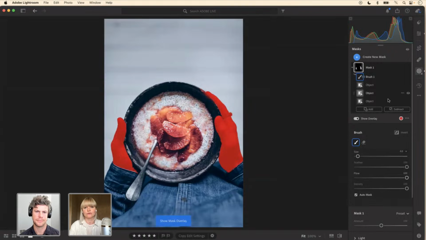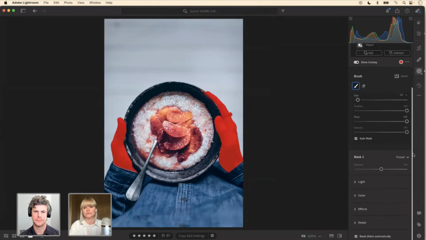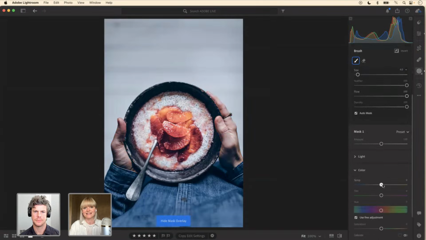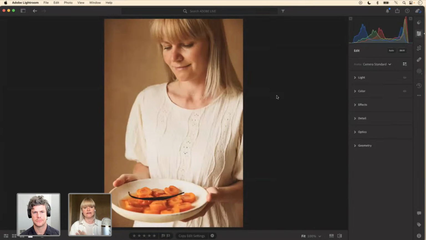Now just to make sure the hands look natural, I'll go to the color and add a little bit of warmth here. I initially cooled down this image because I wanted it to evoke that cool winter morning, but it just didn't work for the hands. So I wanted to apply a different set of adjustments here. That's why selective adjustments are so powerful, because we can really play with those different moods and different stories. And whenever there is a person there,